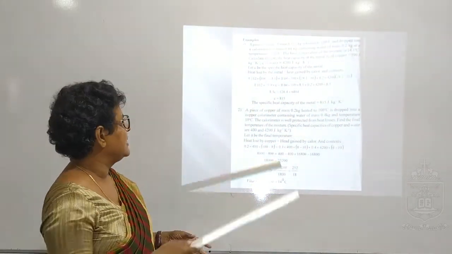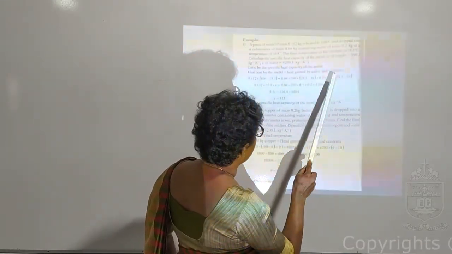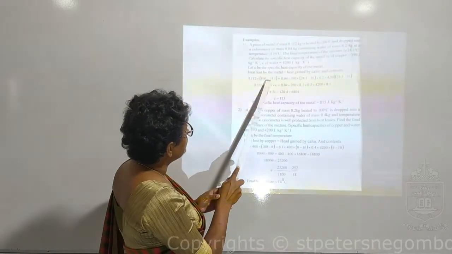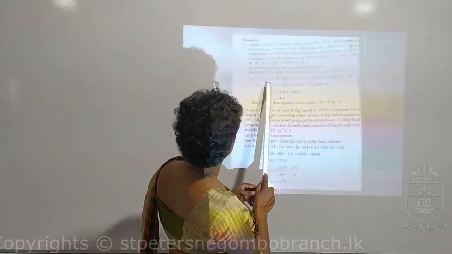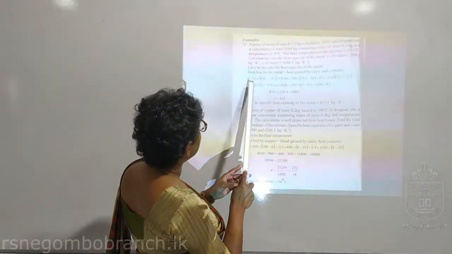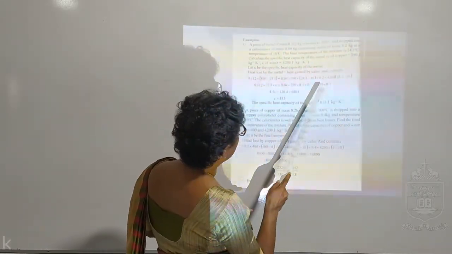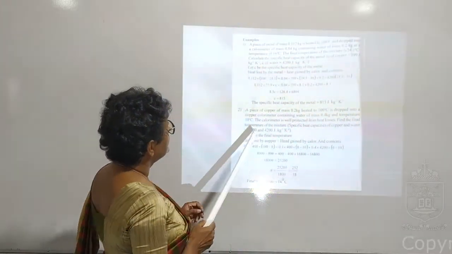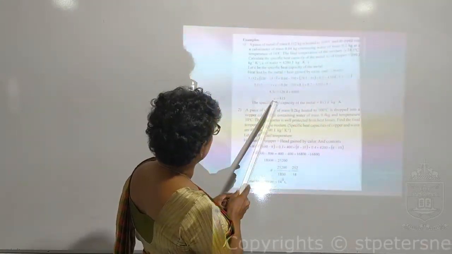Now we are using this theory. Heat lost by the metal equals heat gained by the calorimeter and the contents. Now you know the mass M. This is the temperature difference, right? Here you have the temperature difference, and this is for the heat lost by the metal, right? Now heat gained by the calorimeter and the contents. Here the calorimeter and here the water, right? So now you can find the unknown, C, right?